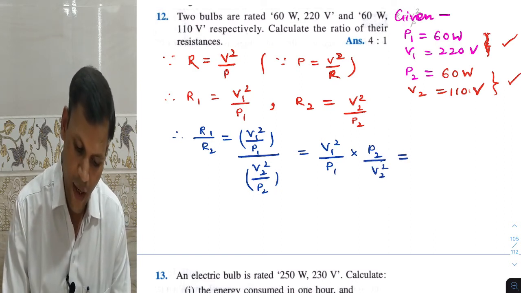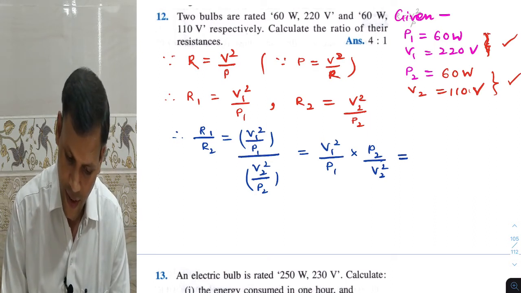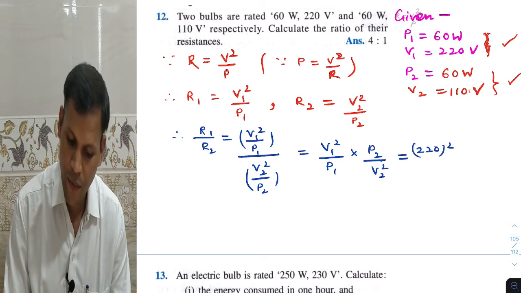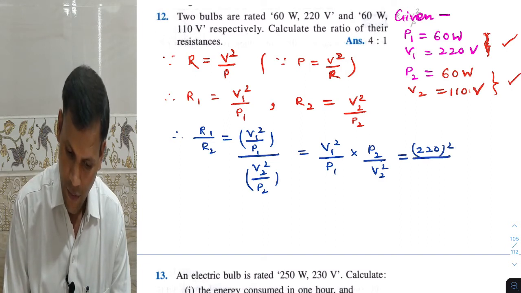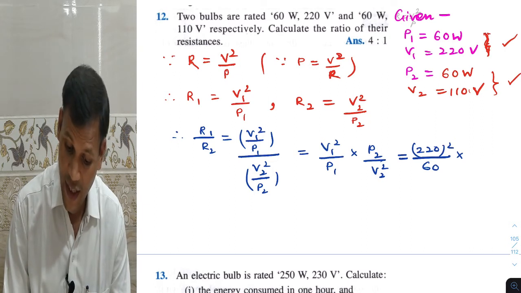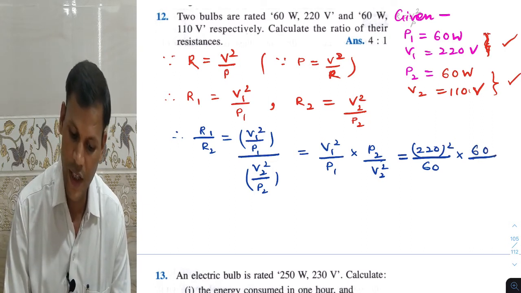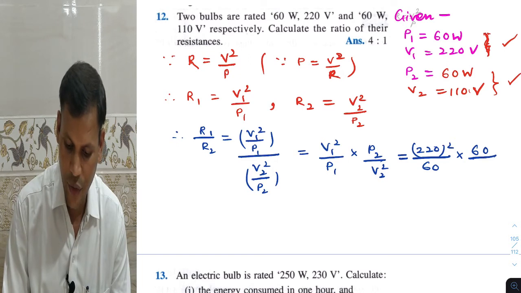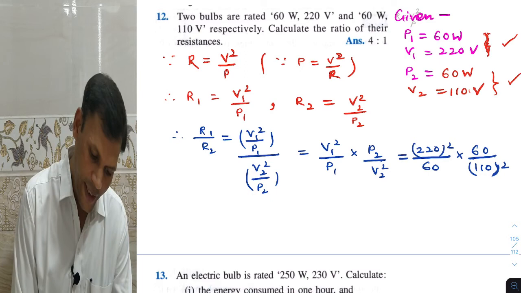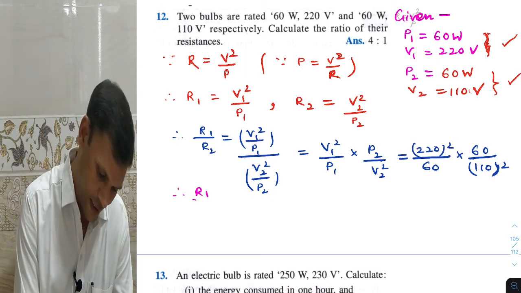Let us put all the values here. V1 square is 220 square upon P1, which is 60, into P2, which is again 60, and V2 square, where V2 is 110, to the whole square. Now let us write the squares. So we will get R1 by R2, writing a little lower down,